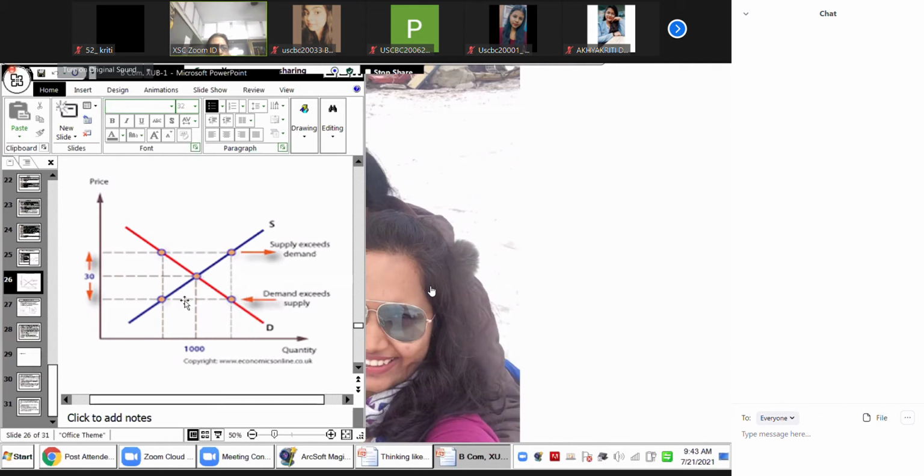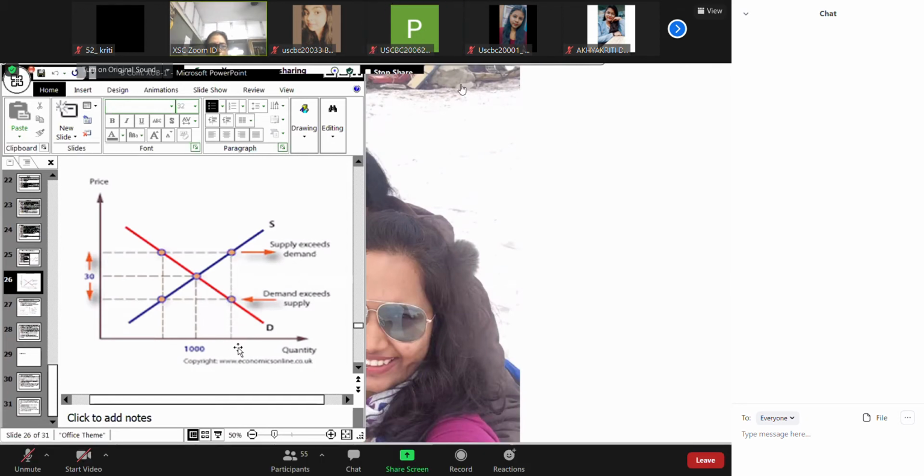Suppose you take this diagram. You can see this diagram. Suppose the price is P1, this one where I am pointing. Let this be P1. So when the price is P1, what will be the demand? This is the demand curve, so obviously the demand will be at the perpendicular. But what is the supply? At price P1, just look at this. Supply is here, where it is cutting the supply curve. So let this be QS.